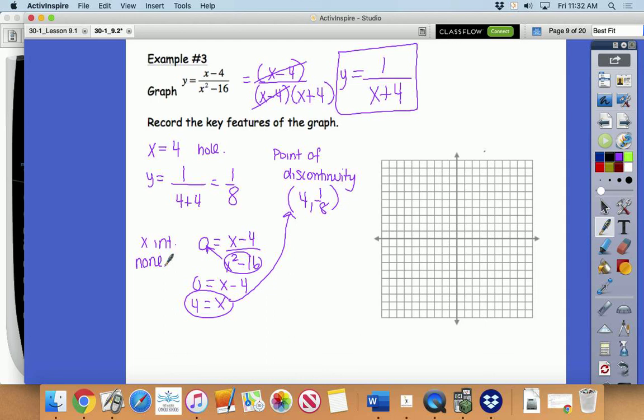So approximately where x was equal to 4, we would have that hole, but it's not going to exist. Another thing we should notice is that there's a vertical asymptote. The vertical asymptote is going to be when x equals negative